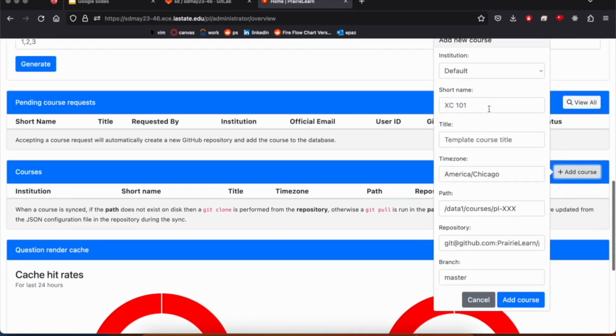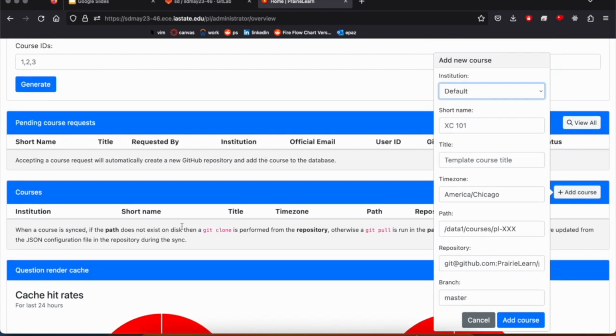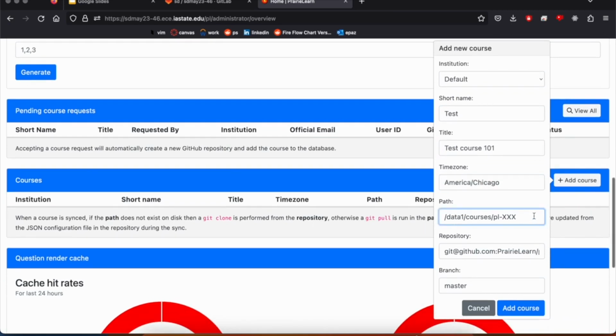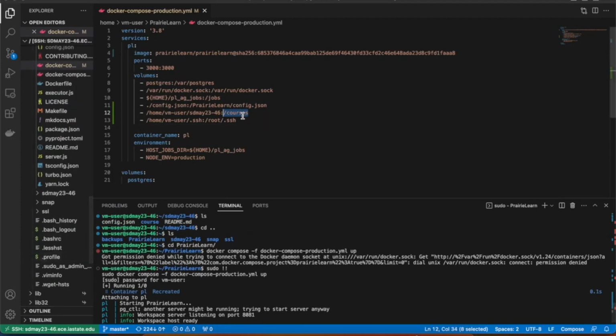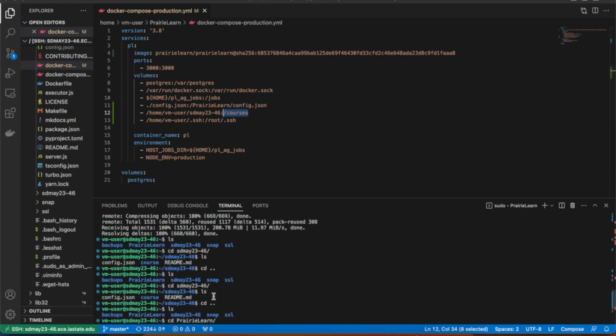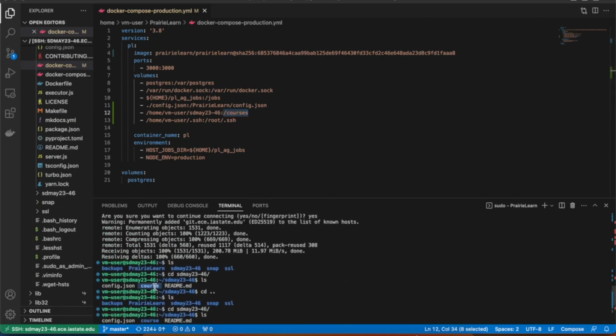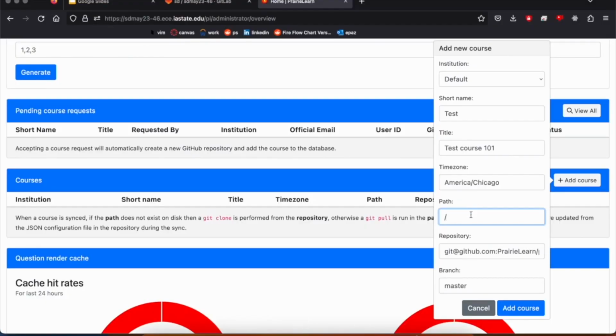So we're going to add course, and here's where you add the details. So short name, we're just going to do test course test, and then test course 101. Leave the time zone how it is, and here is the path to the course. So make sure, remember how we mounted it. I'll show you back. It's going to be courses, and then we want to go inside of the actual course right here. We're going to direct it to this course. So we're going to do courses, course,